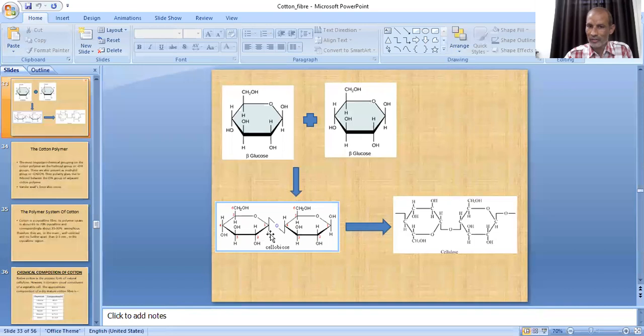And we have already taken that cotton has 65% crystalline and 35% amorphous regions. So when a number of cellobiose units join together through the process of polymerization in nature itself, they form this cellulose. So here the chain we have shown is a continuous chain, and here only one unit is there, and here we are indicating this, we are keeping it open.